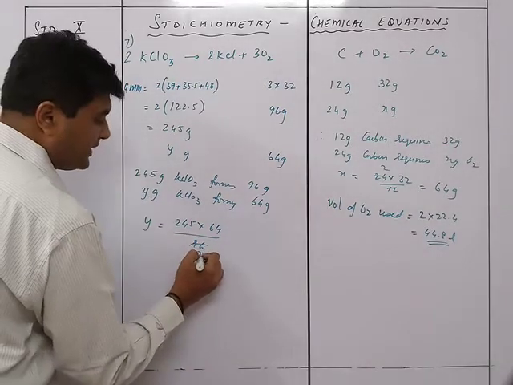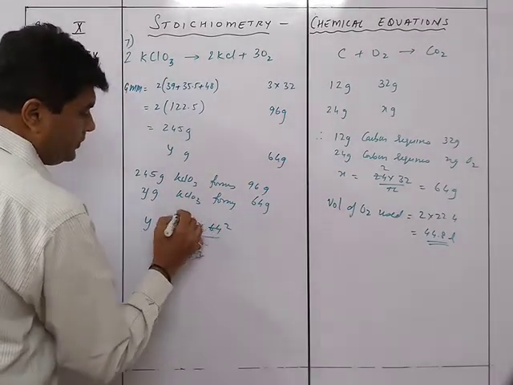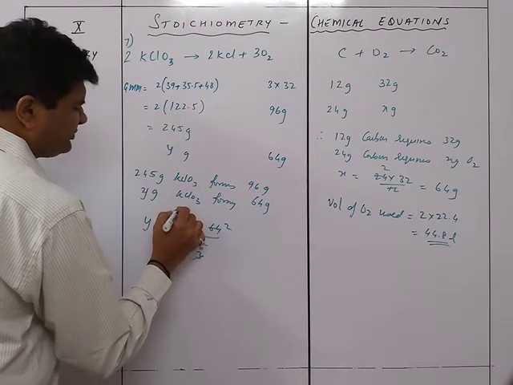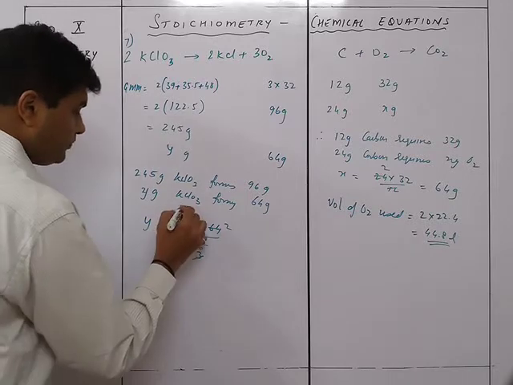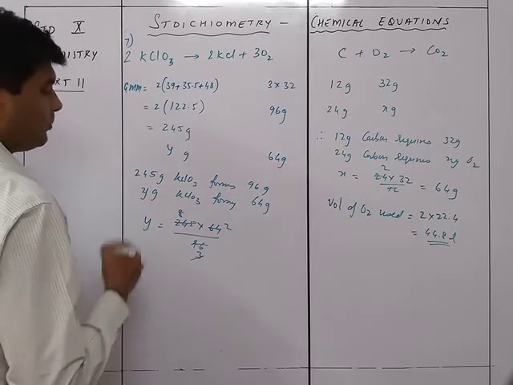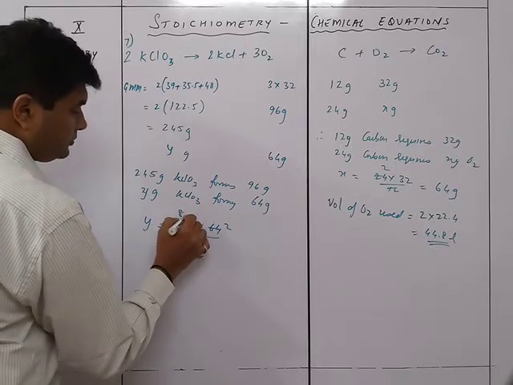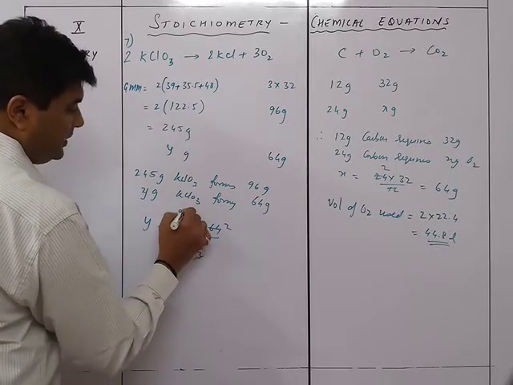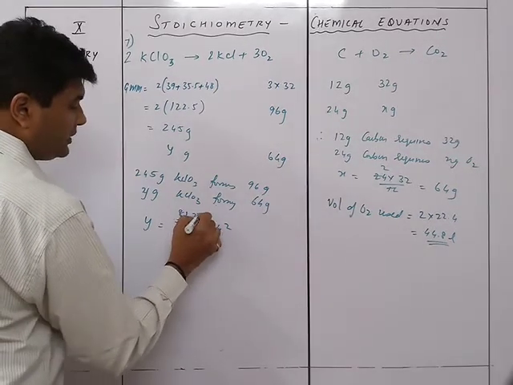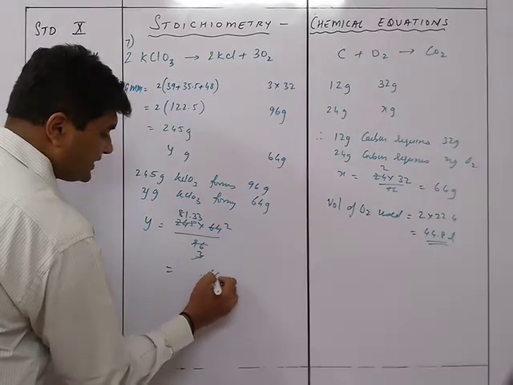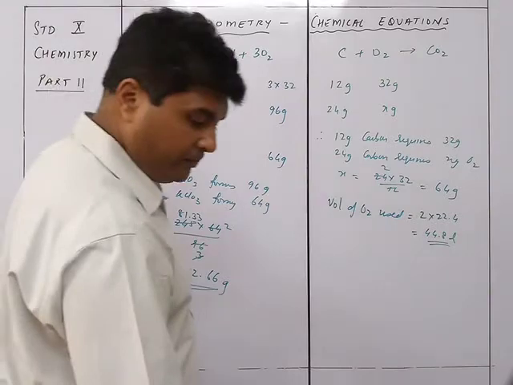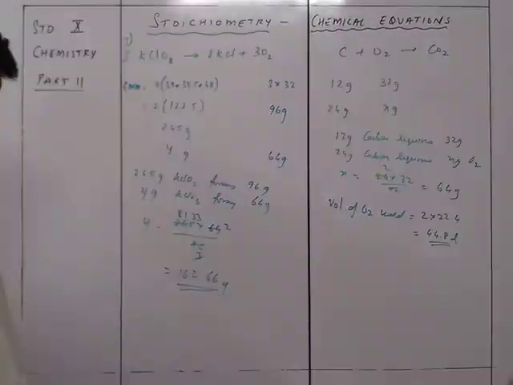So 32 3s are 96 and 32 2s are 64. 3 7s are 21... 3 8s are 24 and नहीं होगा ना ये, पॉइंट में ले लेते हैं. So it will be 8, then it will be 1, and then 20, so it will be 3, and then again 23. So that will be equal to 162.66 grams. So the answer will be 163.